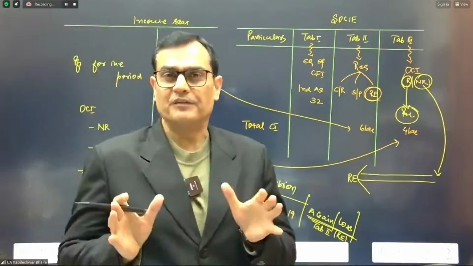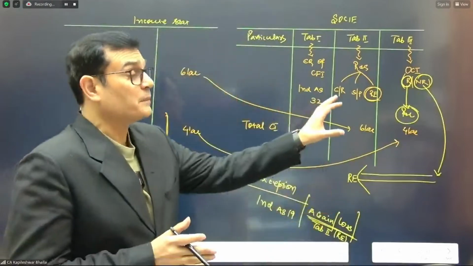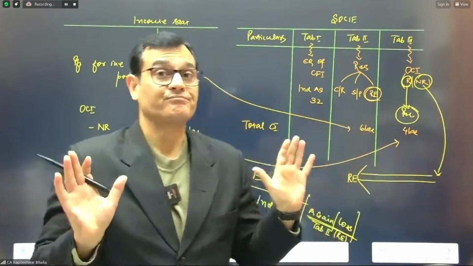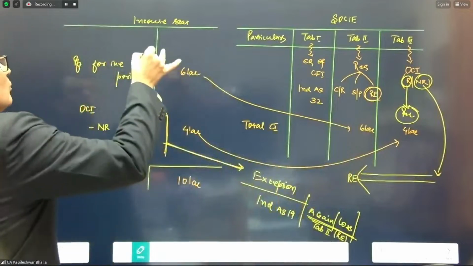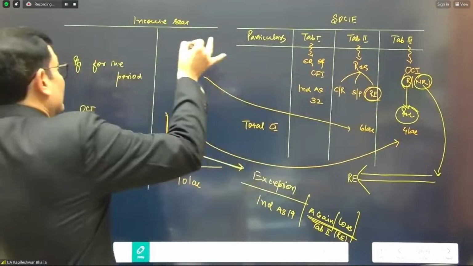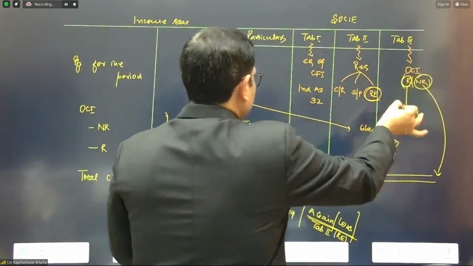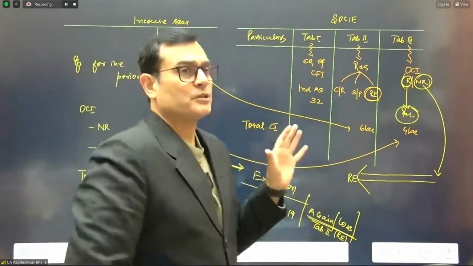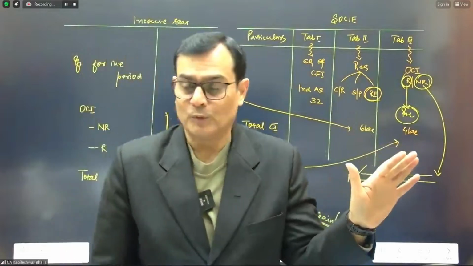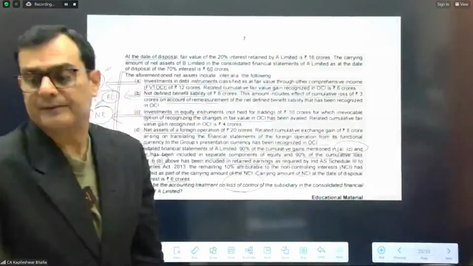This is only to give you an understanding of this standard, though we'll discuss this in more detail when we come to financial instruments. But I hope, friends, I am pretty clear so far. So the moral of the story: what enters in the P&L goes in tab 2 RE. What enters in the OCI R and NR generally goes to tab 3, but one exception in Ind AS 19 goes in RE. Am I clear? I hope I'm pretty much clear. So far, so good. Now, let's take you back.